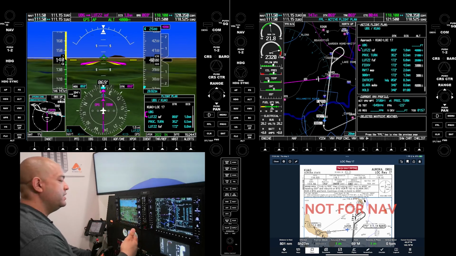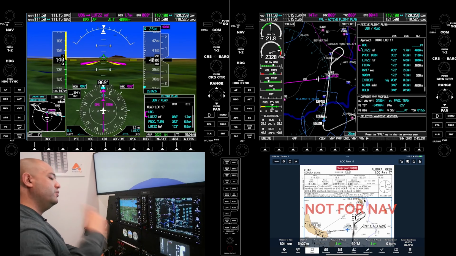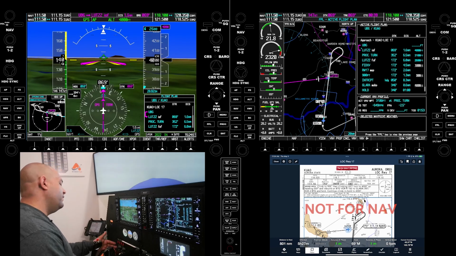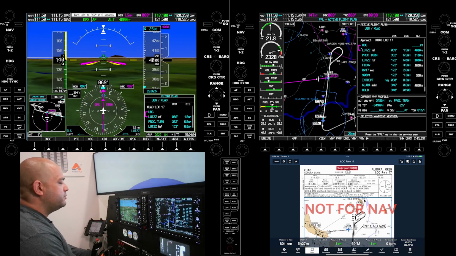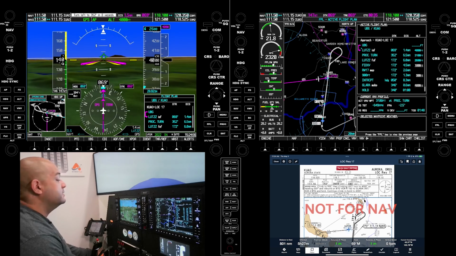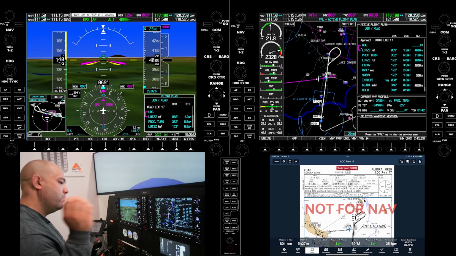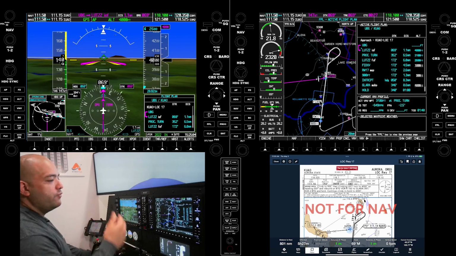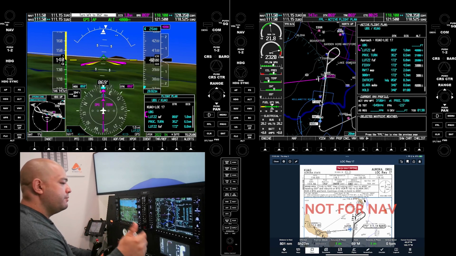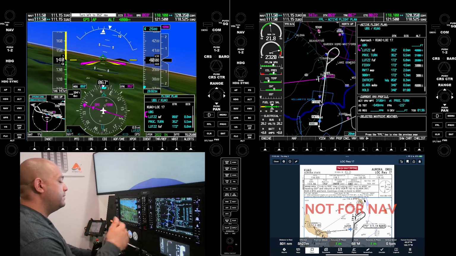You're doing this briefing of loading, checking, briefing it about 15 minutes prior to your descent, 30 minutes prior to your descent, about 45 minutes prior to you arriving at the airport. You're doing it quite a bit ways out. You're not doing it as we're doing it in this video, right at the initial approach fix, and off we go. The only time you're going to be doing this type of briefing is when you're doing multiple approaches back to back.